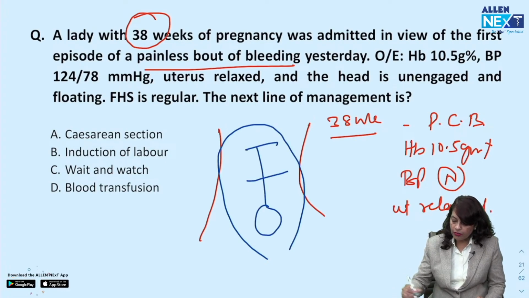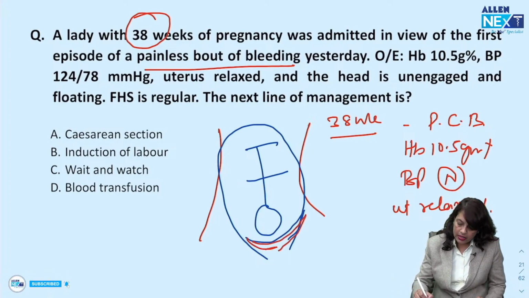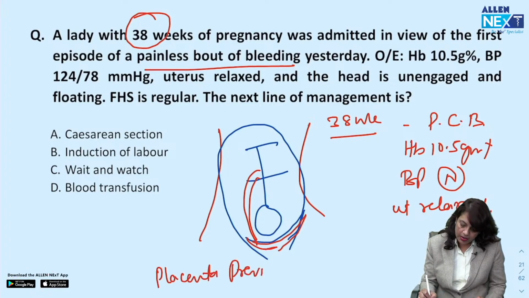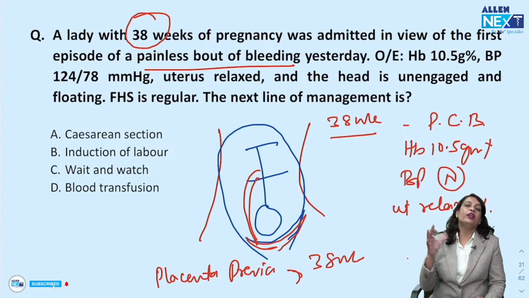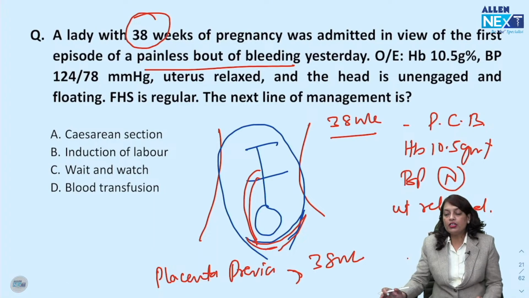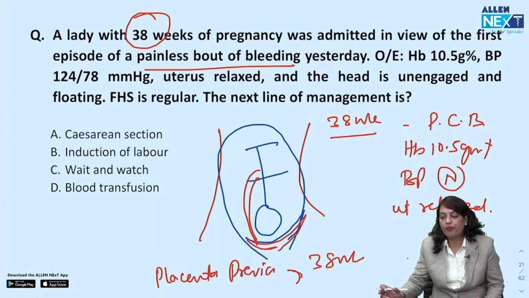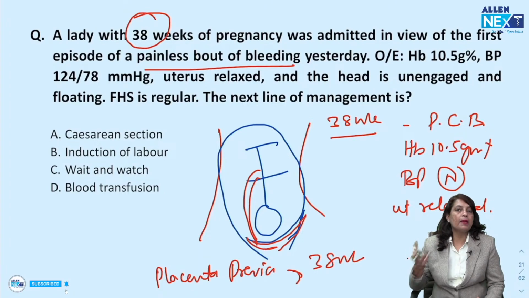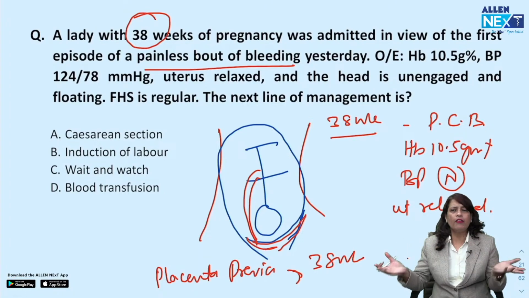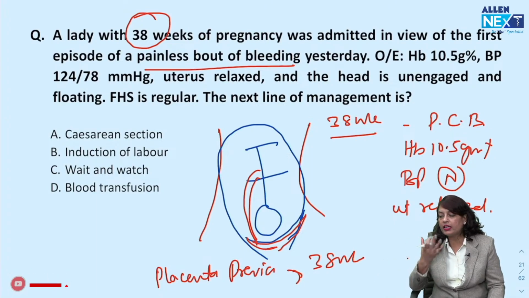So one of the reasons for such a presentation is a low lying placenta. So it is a case of placenta previa, which is bleeding after 38 weeks of pregnancy. Fetal head is high floating. So when she is bleeding, already there is 38 weeks of pregnancy. You cannot wait for the next bout of bleeding. You check her records. What is the type of placenta previa it is? You don't have to send the patient for a repeat ultrasound. If she is already carrying